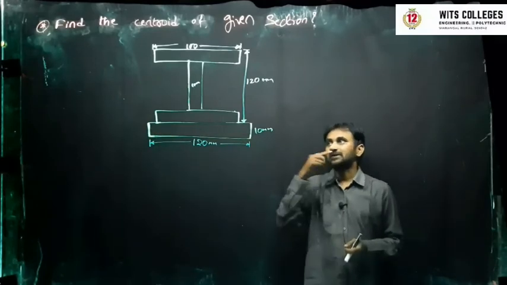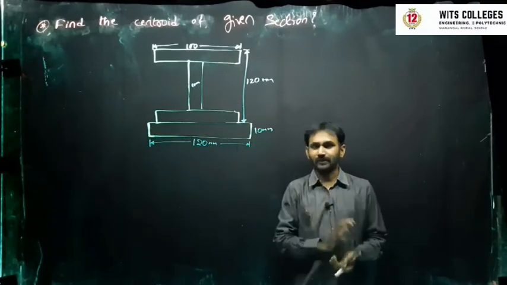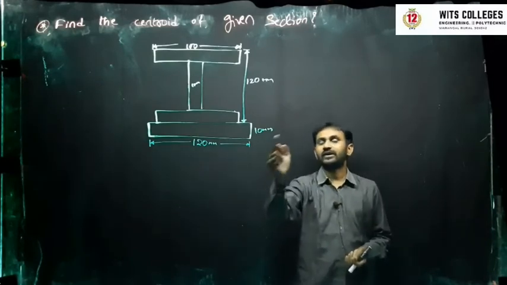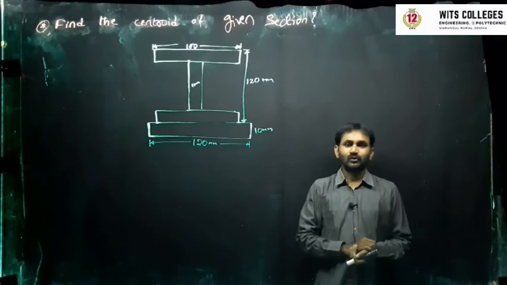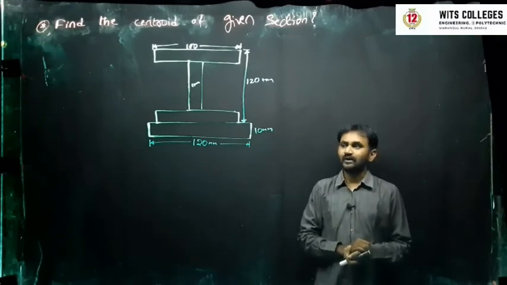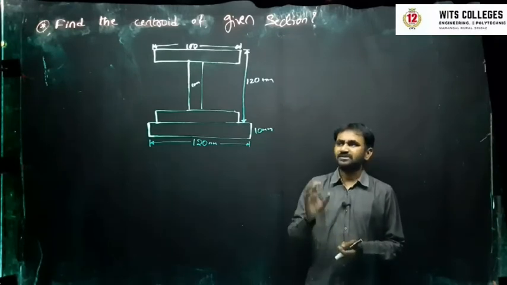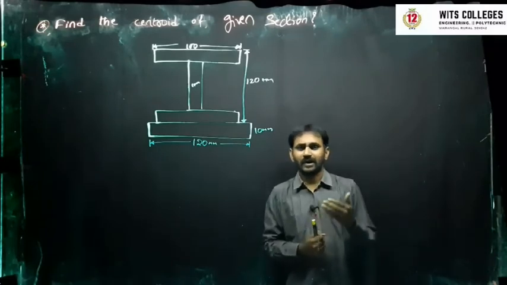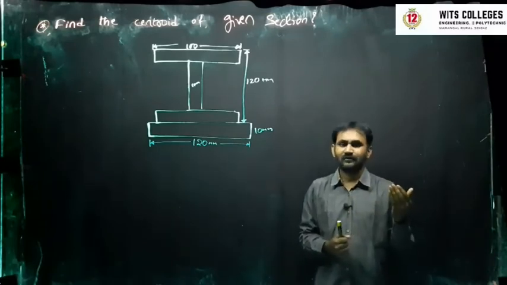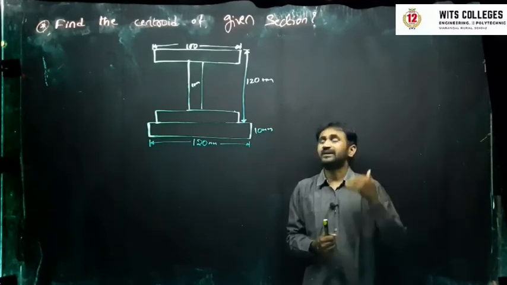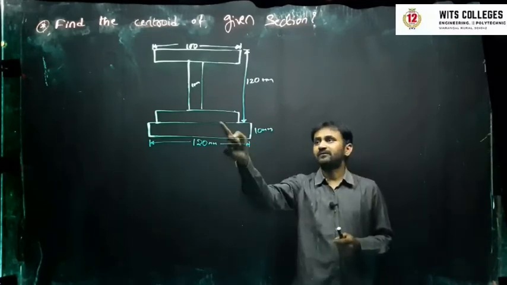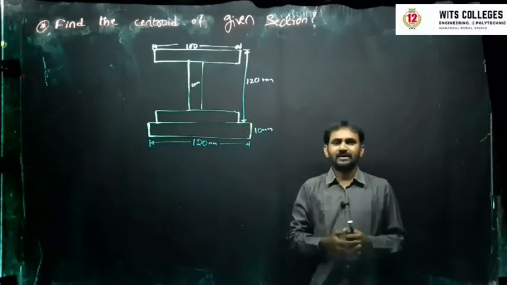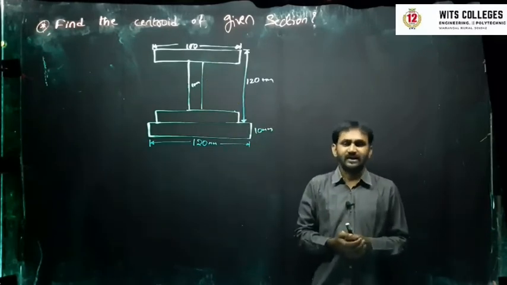Actually the section consists of 100 into 120 into 10 mm, but still they are providing one more plate at the bottom, that is 120 into 10 mm. So what we have to do is find out that too. It means that came into consideration. Now again I have to go for the same formulas. I have to find out A1, A2, A3, A4. It means whenever the plate is increased, my area is also increasing.